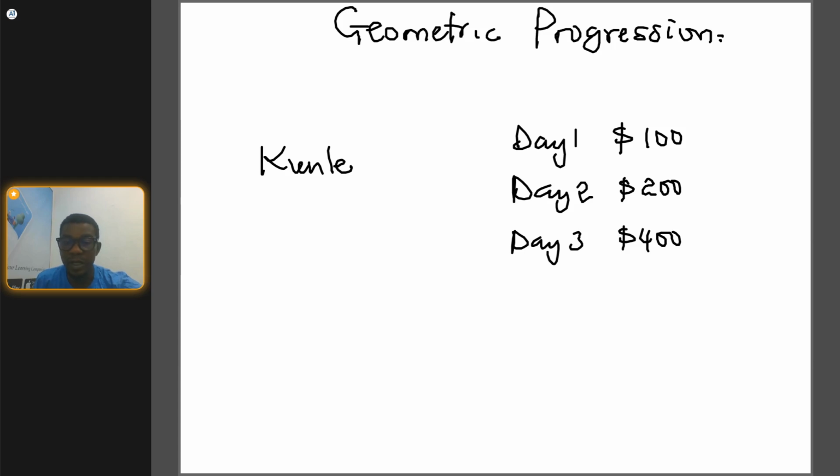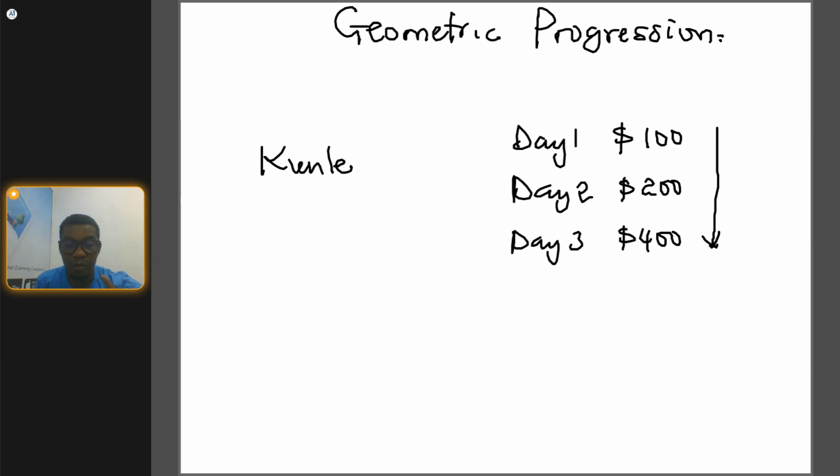$400. Now looking at this, we have a progressive way of saving, which implies that he is following the principle of doubling, that is trying to double any amount he saved on the previous day. So now, if on day one he has 100 US dollars, on day two he has 200 US dollars, on day three he has 400 US dollars, we can see that something is common in the way he's saving,